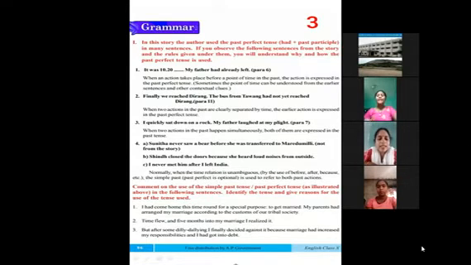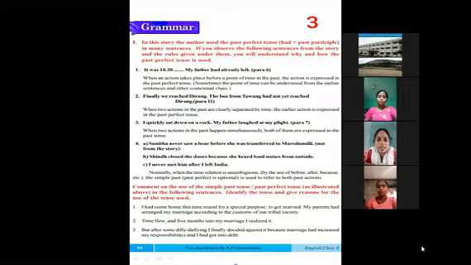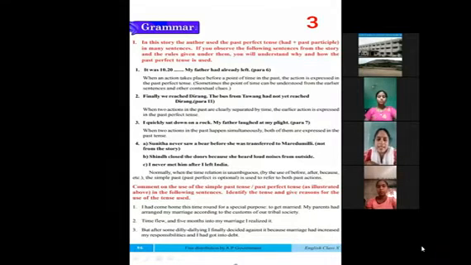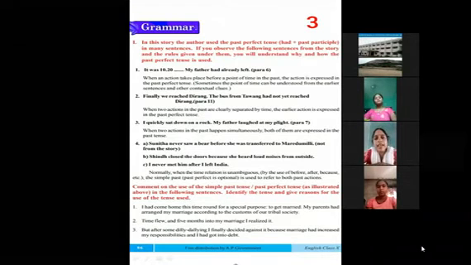Okay, see here two actions are there. Two actions completed in the past. The first one is they reached Dirang, and the second one is the bus didn't come. Two actions completed in past tense. So if two actions are completed in the past, for the earlier action, the first completed action, we use past